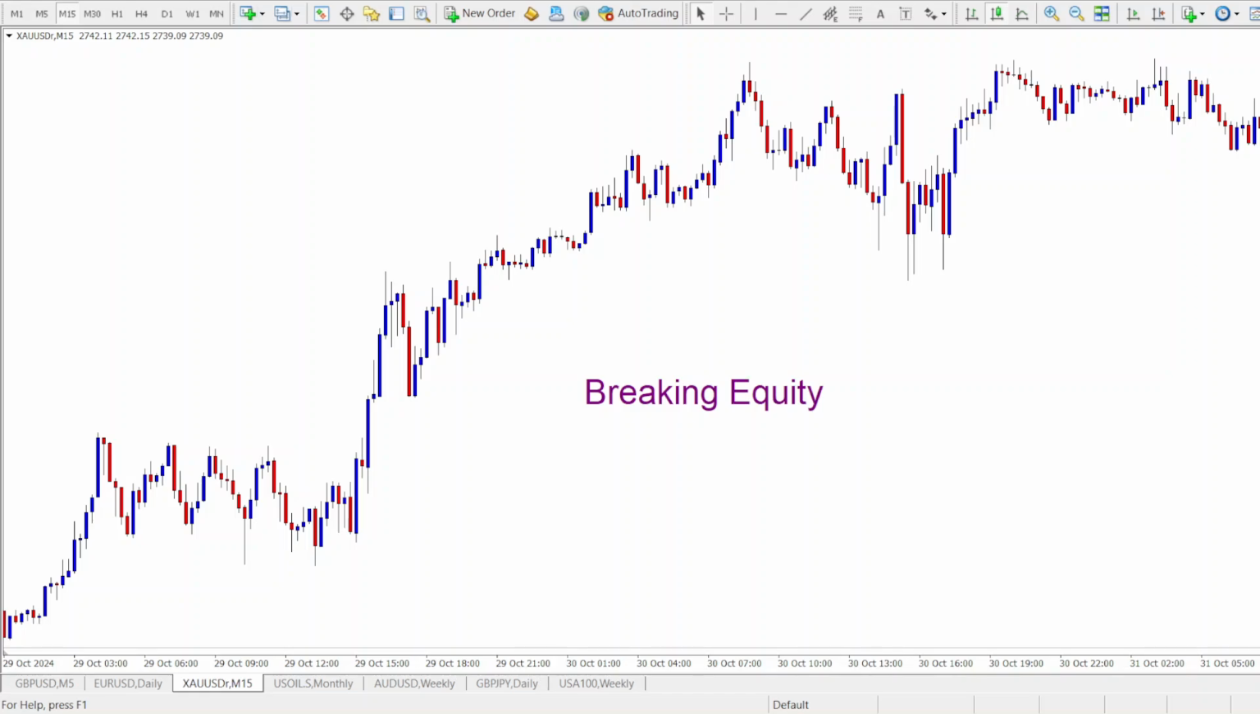Now, as we wrap up this video, remember that mastering equity is an essential step in elevating your Forex trading game. By understanding what equity means and implementing effective management strategies, you can protect your capital and navigate the Forex market